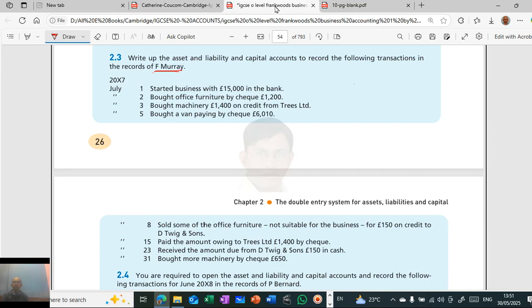So what we can do is first make a list of assets and liability accounts. Started business with 15,000 in bank. What are the accounts that are involved? Bank account is involved and capital account is involved. So next,